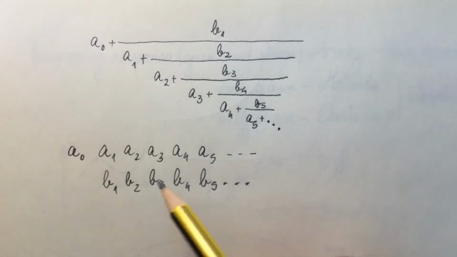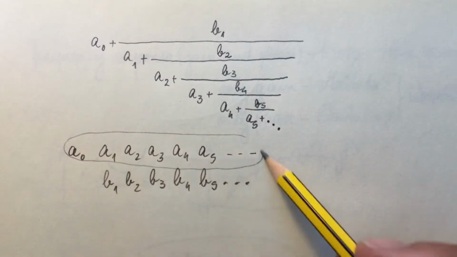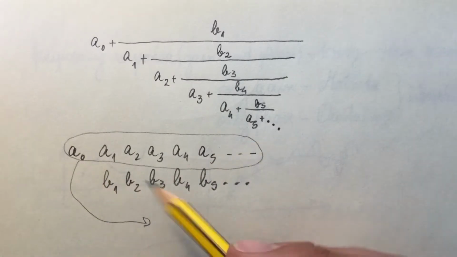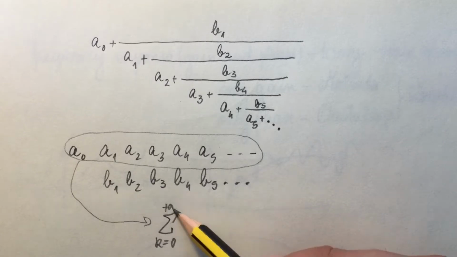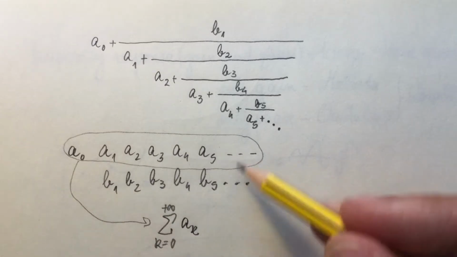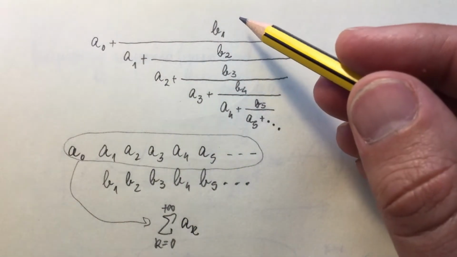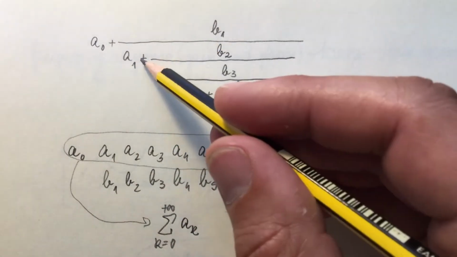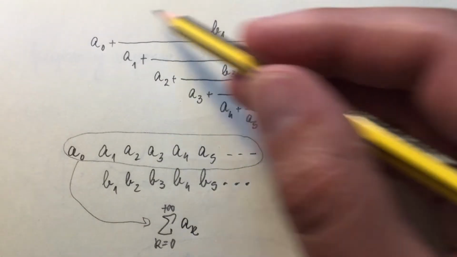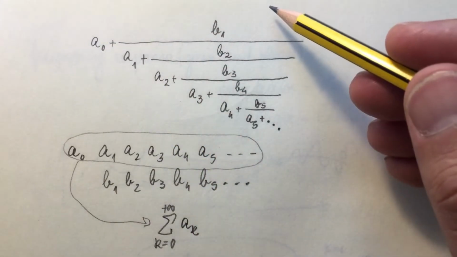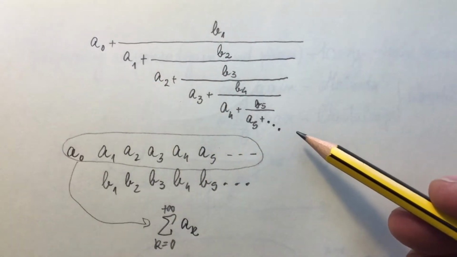Now, just as from only one sequence, for instance this one, I can obtain a series by summing all its terms, from these two sequences, I can obtain a continued fraction by these successive sums and divisions. Because this nested notation is not very practical, two other ways of writing a continued fraction can be found in